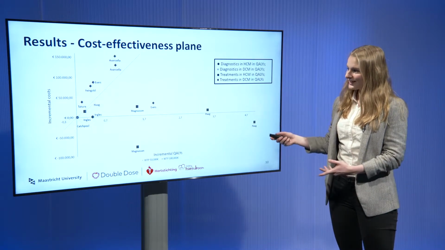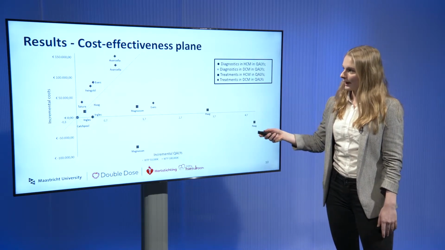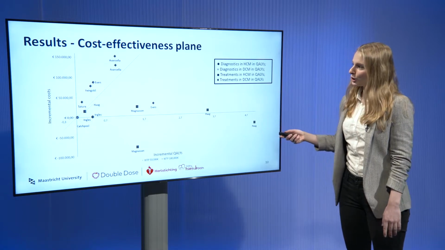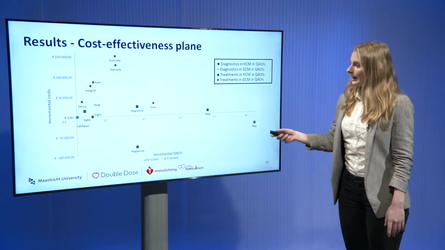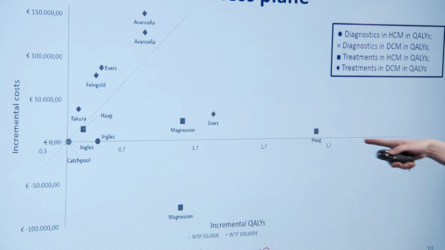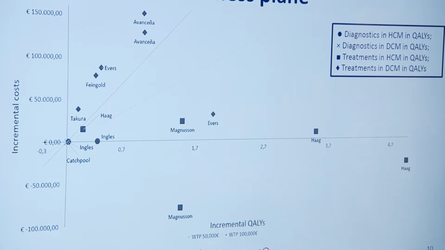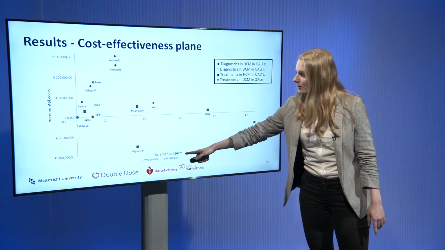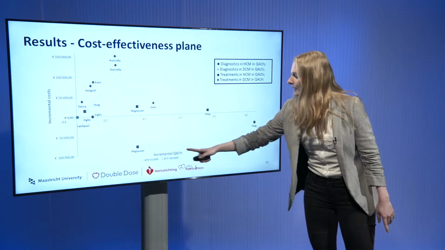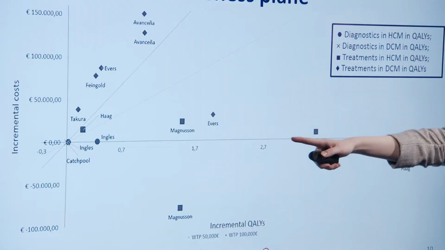So on this slide you can see the cost effectiveness plane, which visualizes the results of economic evaluations. And again, you can see on the x-axis the incremental effects, and on the y-axis the incremental costs. And in this plane we included 2 willingness to pay thresholds, a 50,000 per quality gained and a 100,000 per quality gained threshold, seen here